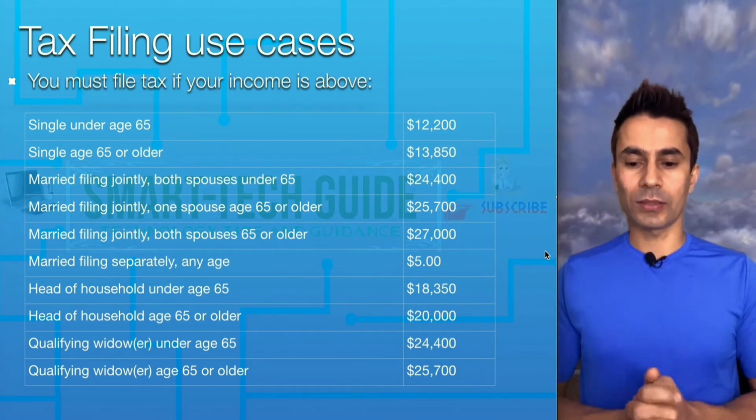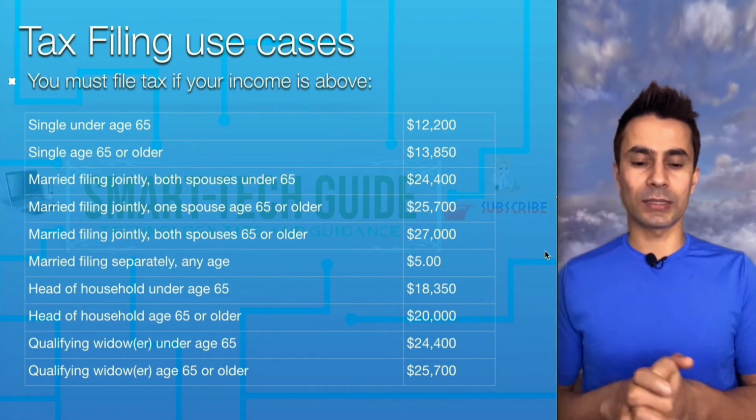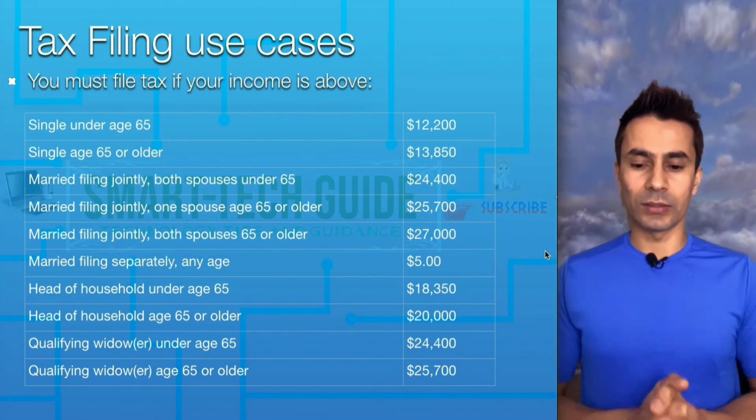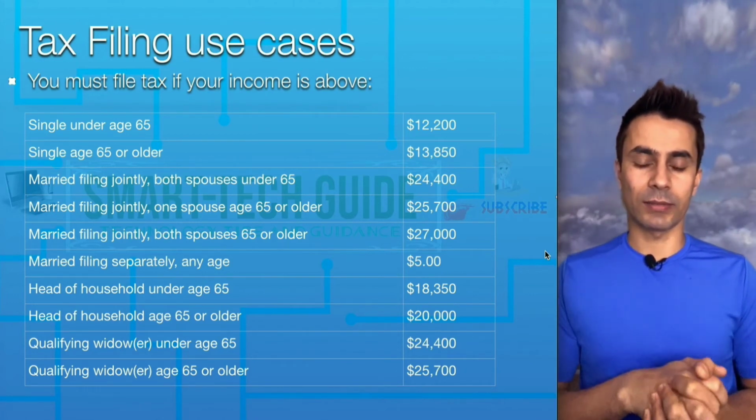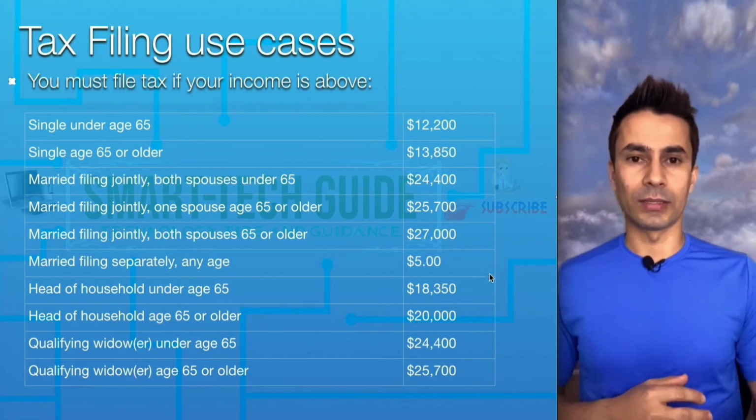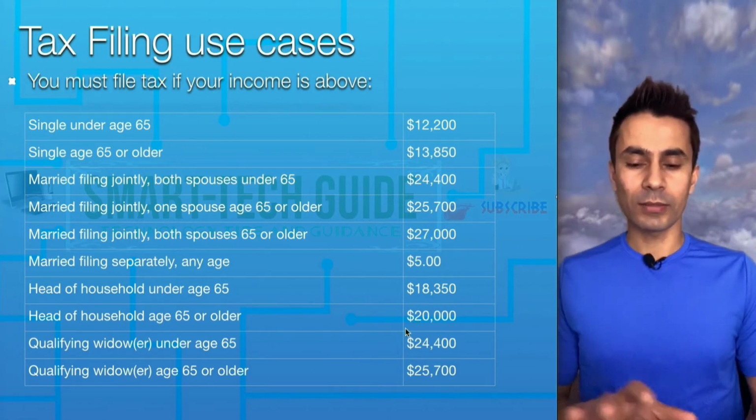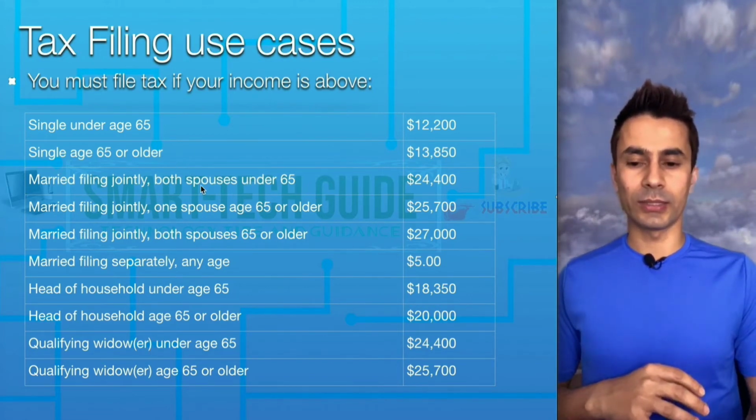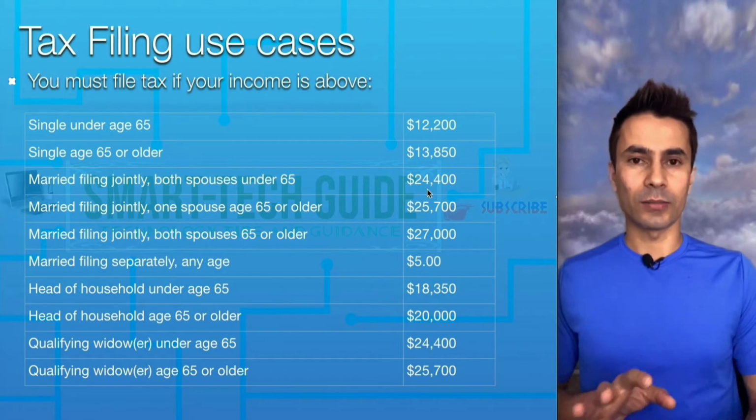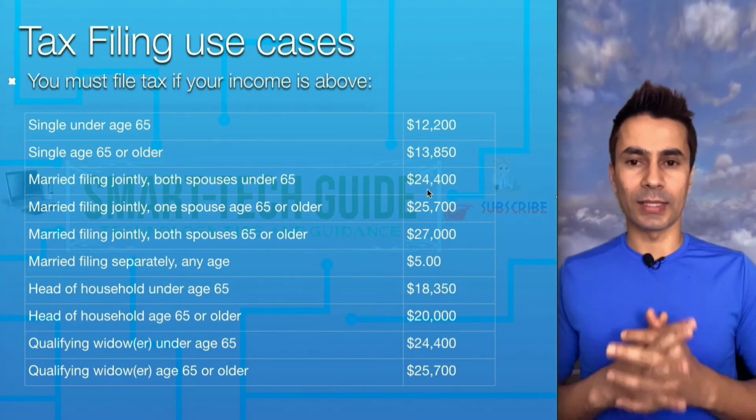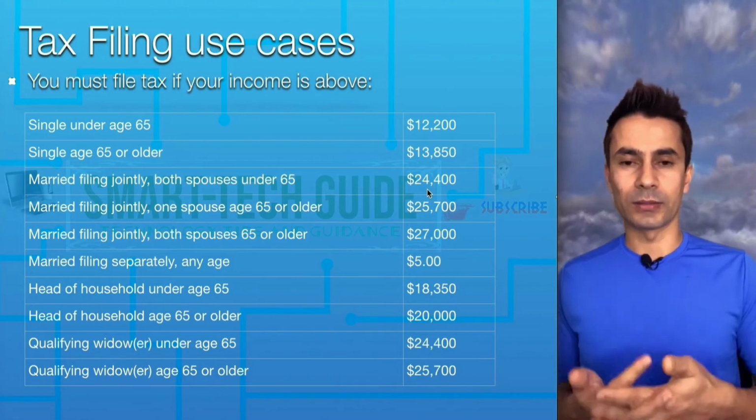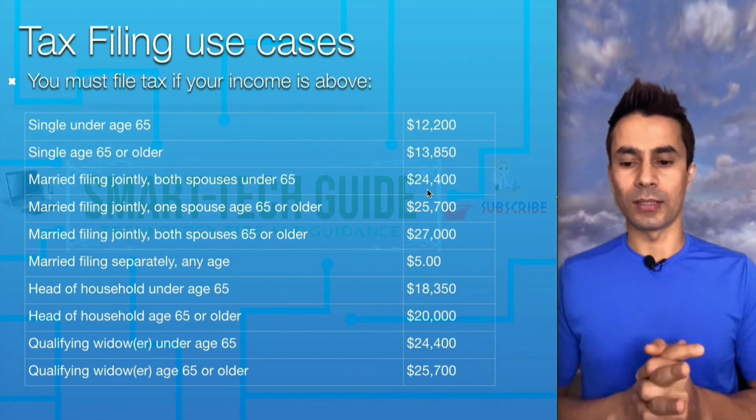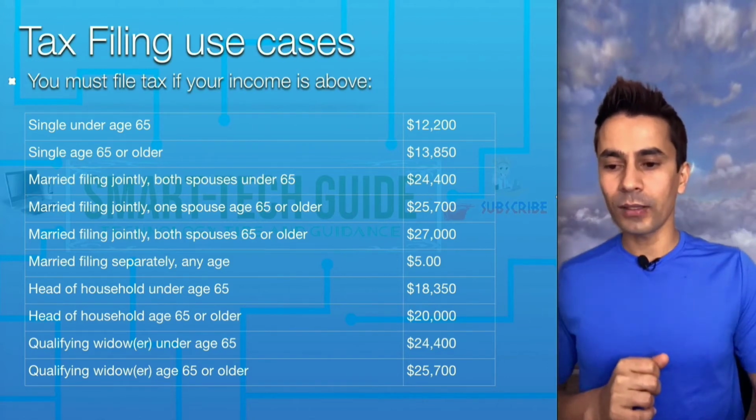Head of household under age 65 and above age 65, there are two different income levels. Qualifying widow under age 65 and above age 65, again there are two different income levels. Note that a qualifying widow is similar to married filing jointly from an income perspective, because that's the preference they got, since the husband or wife has died recently. And next,